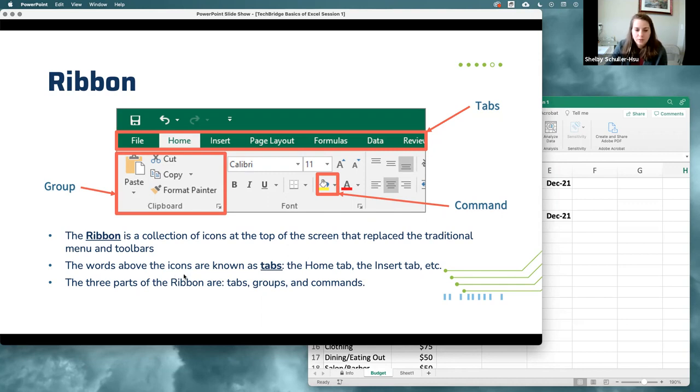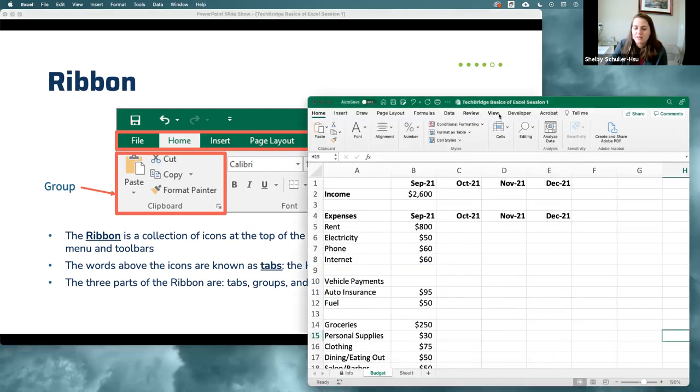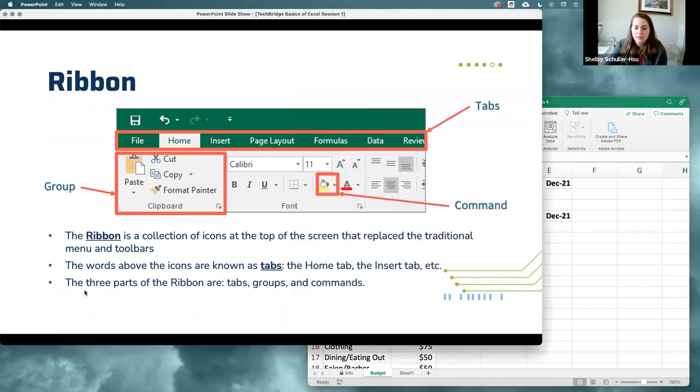On our ribbon, we have a couple of words up here. These are called the tabs. So we have a Home tab, Insert tab, a Page Layout tab, Formulas, Data, and Review. And depending on what settings you have, you may have more tabs or fewer tabs. But the three main parts of the ribbon are those tabs, groups,